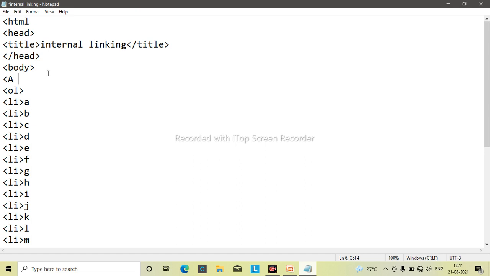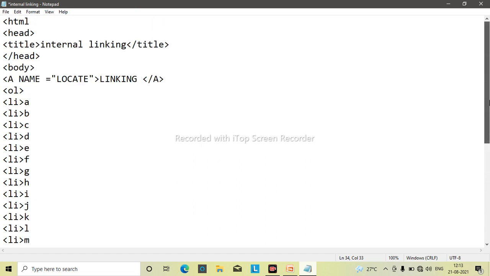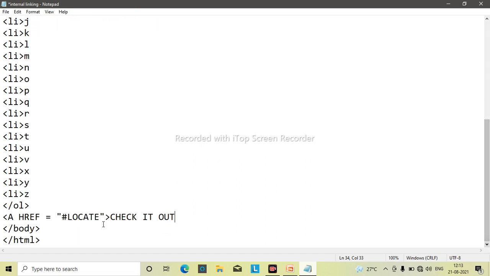Now here we are using name. Suppose we let it be locate. As the name I have given here is locate, here I'll put hashtag locate.